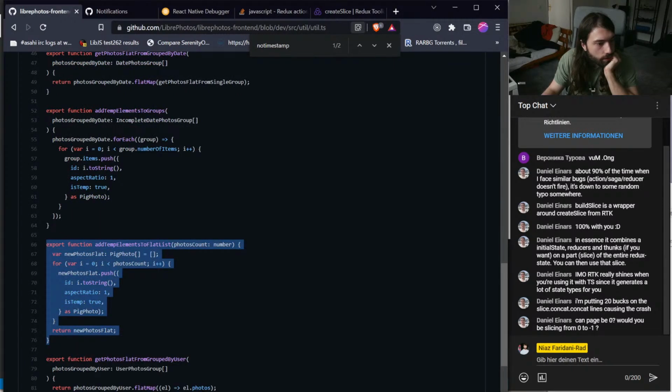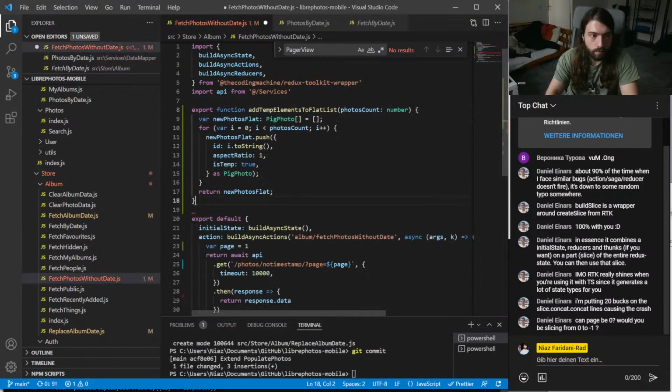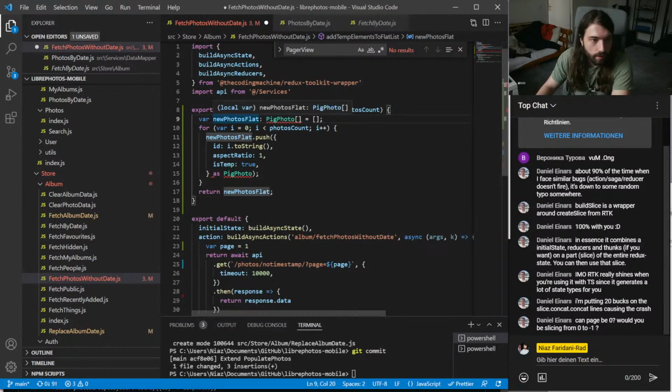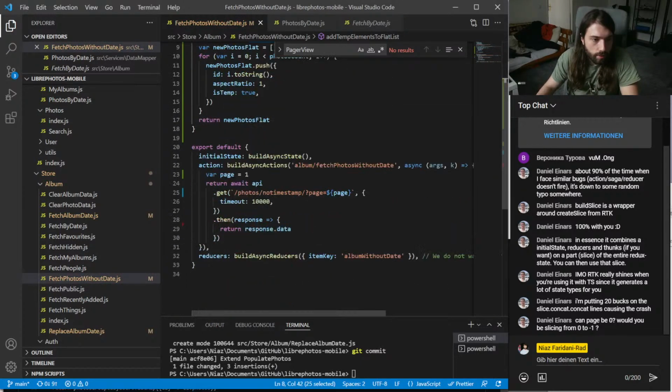Sadly, it's not yet a TypeScript thing. Save. Okay, so we just call that here.